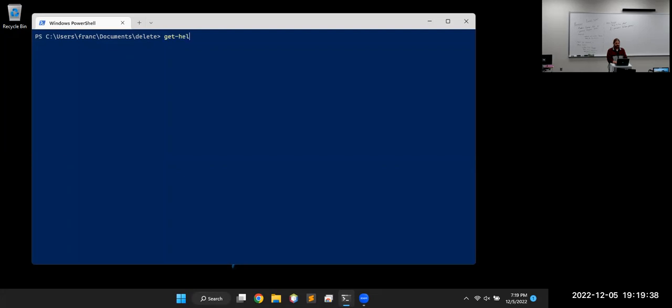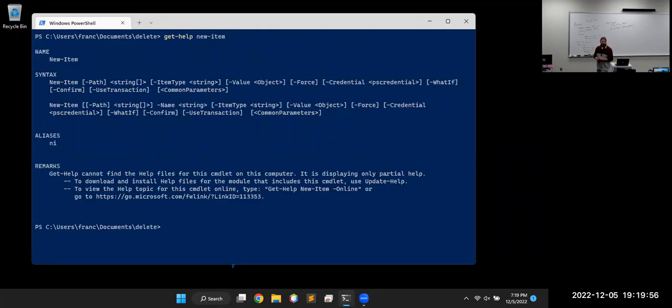And built right in here is another important keyword that you probably already could have guessed was there, is help. We just say get help, and then the thing we want to get help about. So like get help on how to create a new item. And that help probably doesn't look very helpful just yet. So one of the things I want to do is talk about how to read that help menu. So at first,